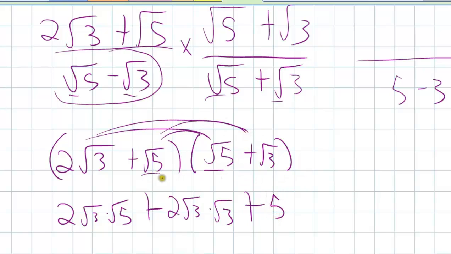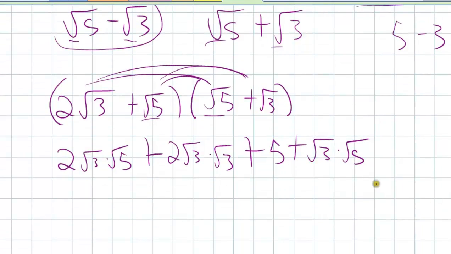And then the last is just going to be the square root of 3 times the square root of 5. Okay, so when you're working with square roots, you are totally allowed to combine them as long as you're multiplying. So this is 2 times the square root of 3 times 5, which we know is just 15. Okay, so here we have 2 times the square root of 15 plus, okay, the square root of 3 times